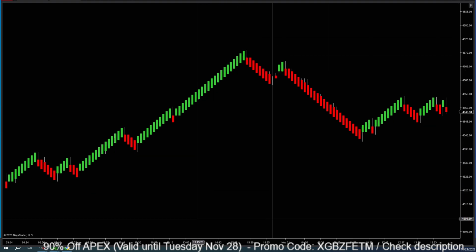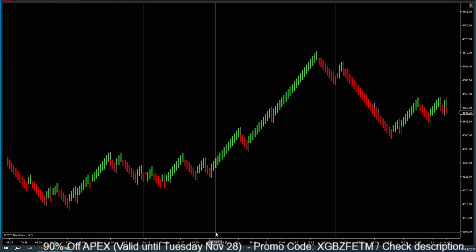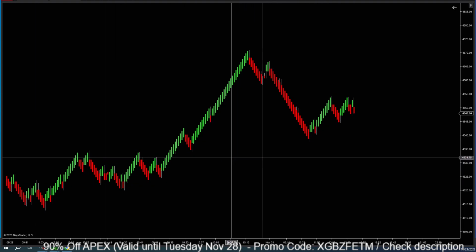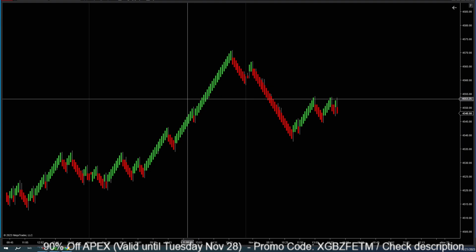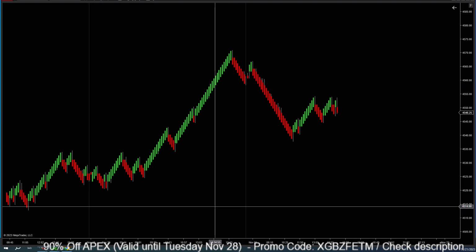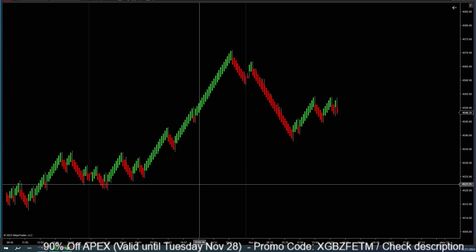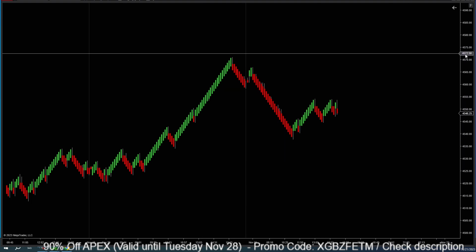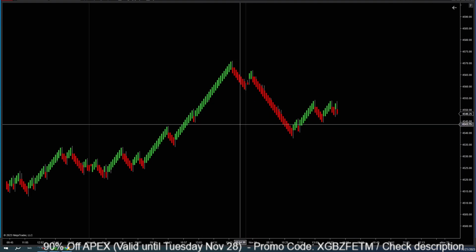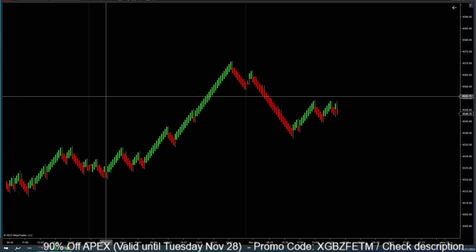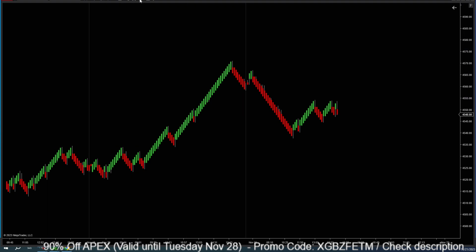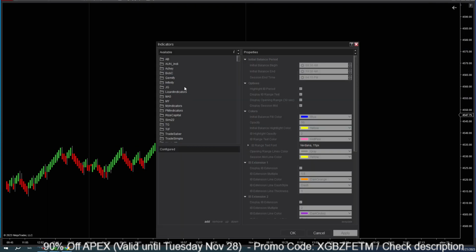Okay, so here is my Renko chart, and I have no indicators at all. So let's start with the upper. I do have 2 to 3 bar or panels here where I put all the indicators. I'm going to start with the moving averages on the main panel, or panel number 1, which is this one you see here. So let's go to indicators again, and the first thing that I'm going to choose is